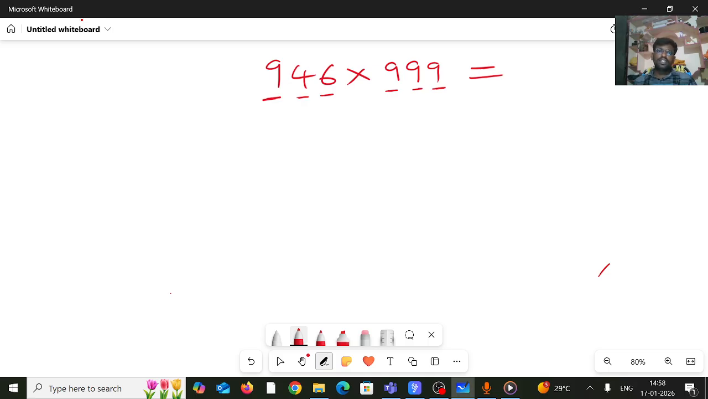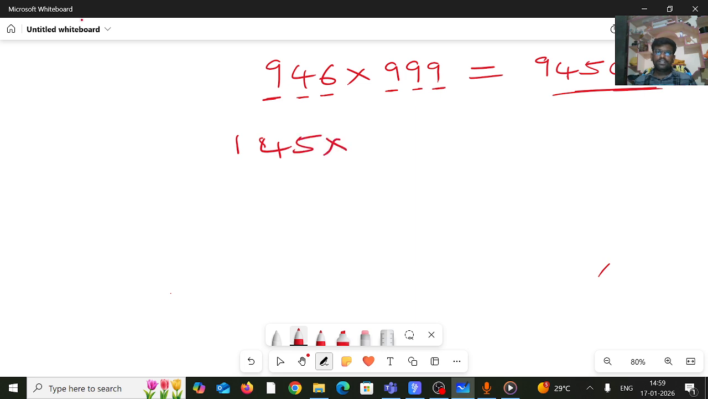What is the first step in the technique? We have to write a number 1 less than the first number. What is the first number? 946. Subtract 1 from 946, 945. And what is the next step? We have to subtract each digit from 9. 9 minus 9, 0. 9 minus 4, 5. 9 minus 5, 4. This is the technique. Clear? This will work only if the number of digits in the first number is equal to the number of nines in the given number. I will explain. Next one,